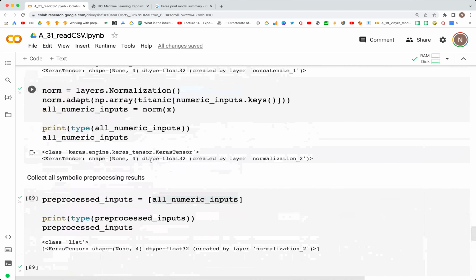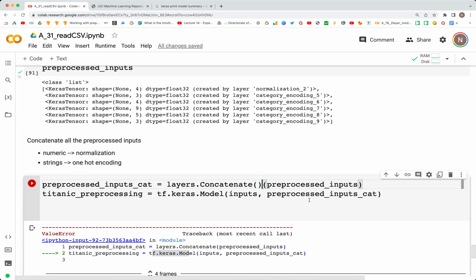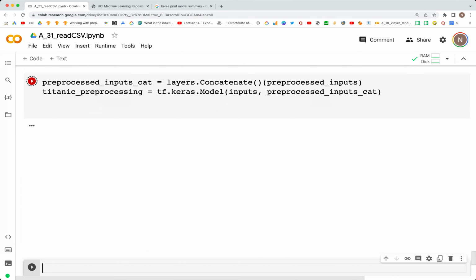Okay, so with this, let's run this first. And there is an error, so let's figure out what the error is. Okay, I figured out what the problem was. I forgot to put open-close parentheses after layers.Concatenate. So layers.Concatenate(), and after that we have preprocessed_inputs, and then titanic_preprocessing is tf.keras.Model with inputs, comma, preprocessed_inputs_cat. And now when we run this,